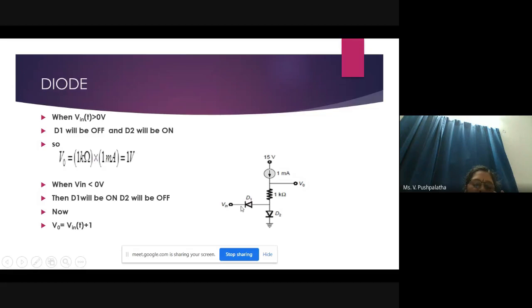First you should observe the transistor and the diodes carefully, where it is placed and how it is connected, then only we have to go for the calculation. Blindly don't go for a theoretical calculation, right? So that is what it says here. Now we'll go to the next question.